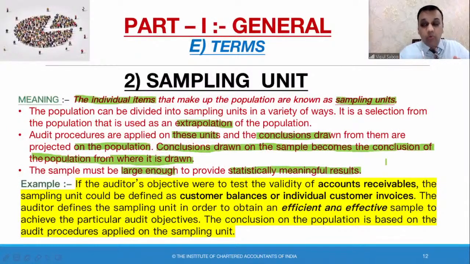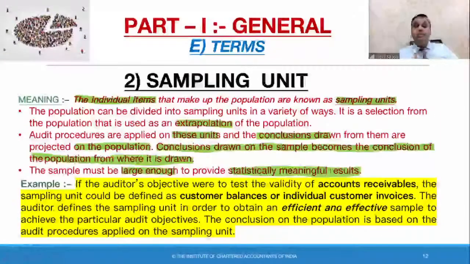But if we want to go for checking of the infections and other parameters in your blood, they extract more blood out of your veins. They don't take it from the finger then, okay? They take it from the veins, from your arm. So the sample must be in that much quantity or number so that you can derive statistically meaningful results. This happens in the case of our auditing as well. So if there is a list of 100 debtors and you are checking only 10 debtors, it is not large enough. You can decide to check at least 75, 60, 80% of the debtors.